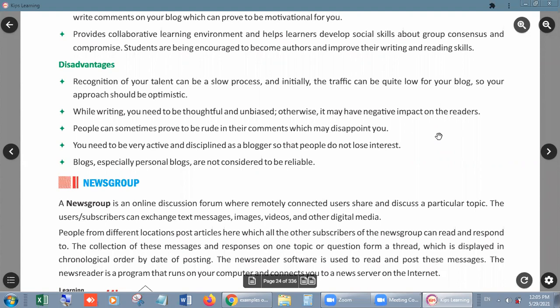And the last but not least, blogs, especially personal blogs, are not considered to be reliable. Whenever a person is using his or her own blog, then it is not considered to be reliable. Means we can't have faith in it, we can just read it, otherwise we can ignore it. Means if the blog is from the government side or any special organization, then only we can have faith and rely on them, right? So I am ending my session here,